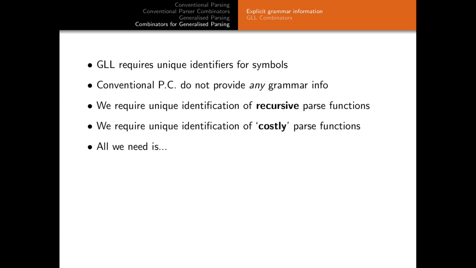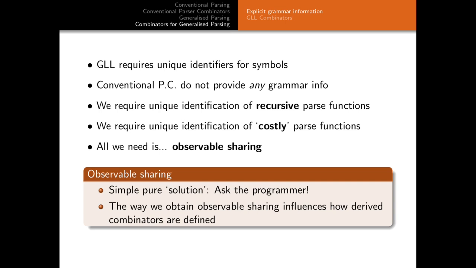And from this I draw the conclusion that all we need is observable sharing. And this is a point where maybe some of you realize that this is a bit of a problem, a bit of a showstopper, because observable sharing sort of conflicts with the idea of referential transparency. But there is a very trivial, simple solution, in quotes, which is to ask the programmer to insert this information for us. With the programmer I mean someone who's using the library and is writing a parser or